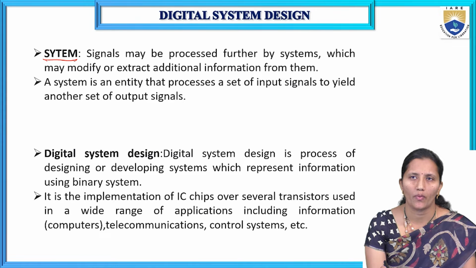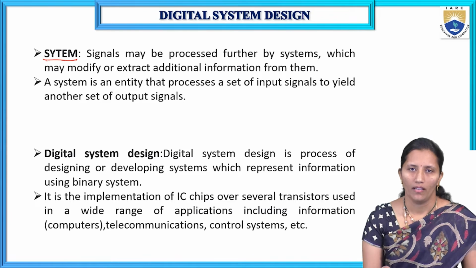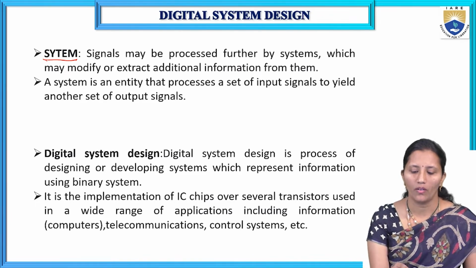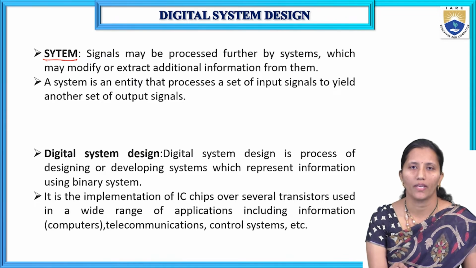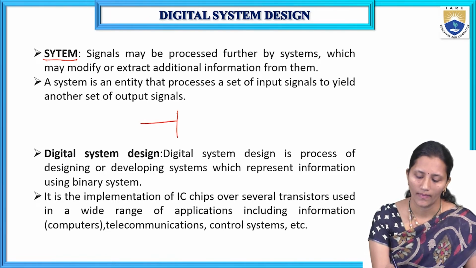A system may process signals, and it may modify them or extract additional information from them. Here the signal contains information. Those signals will be further processed by the system to get useful information from them. According to the application, we will extract the information from the signals by using the system. So, here if it is a system,